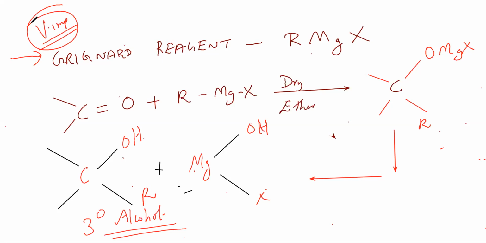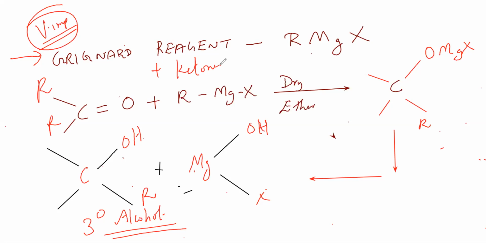So this is with respect to what? Ketone. This is with respect to ketone. If you want, you can just put R here. Nothing wrong in this. This stands for R, alkyl group. This is Grignard reagent on treatment with what? Ketone. If you want, you can do it with the aldehyde also. We can do it with the aldehyde too.